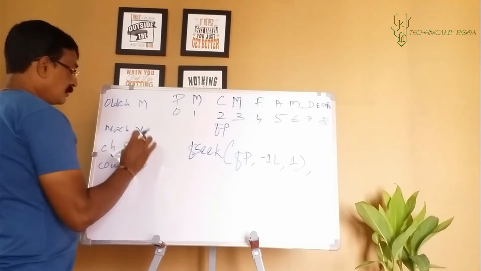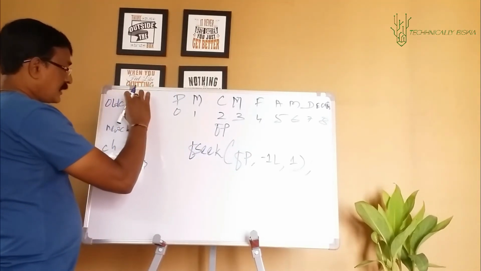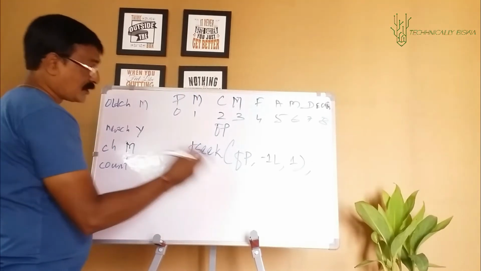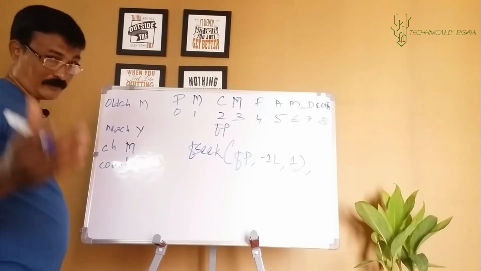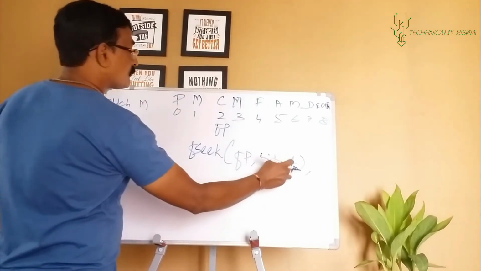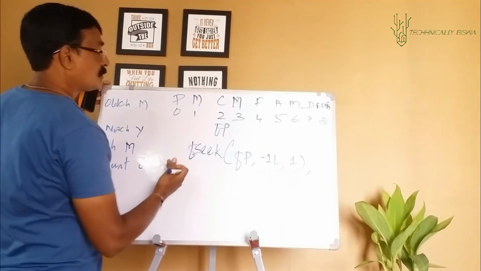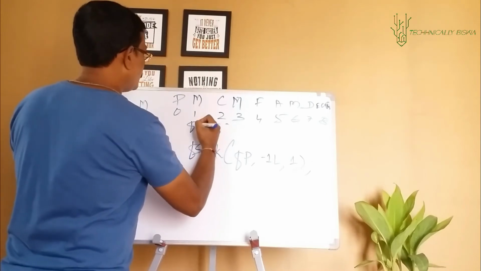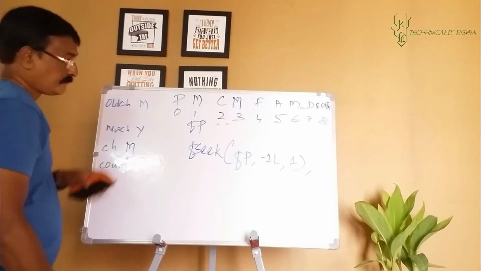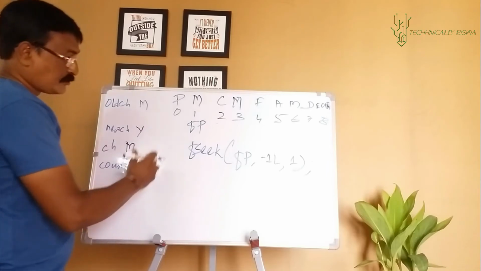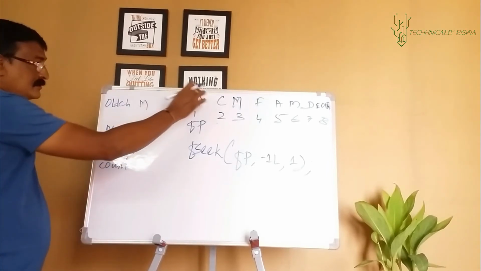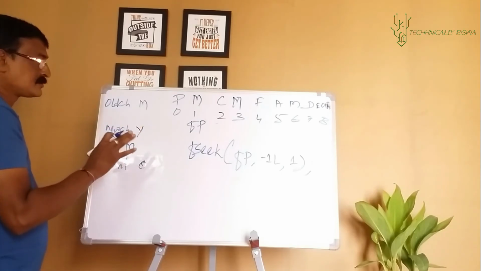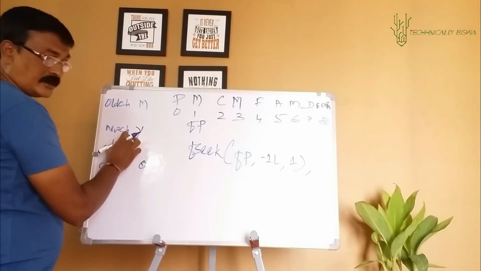Why? Because you know this old character has to be replaced with this new character, but where, at this position? But the file pointer has moved forward. Problem is that. So what I'll do, from the current position I'll move the file pointer 1 position backward. That means at the end of this statement fp will be here. Clear? After this what will I do? I'll replace this character with new ch.